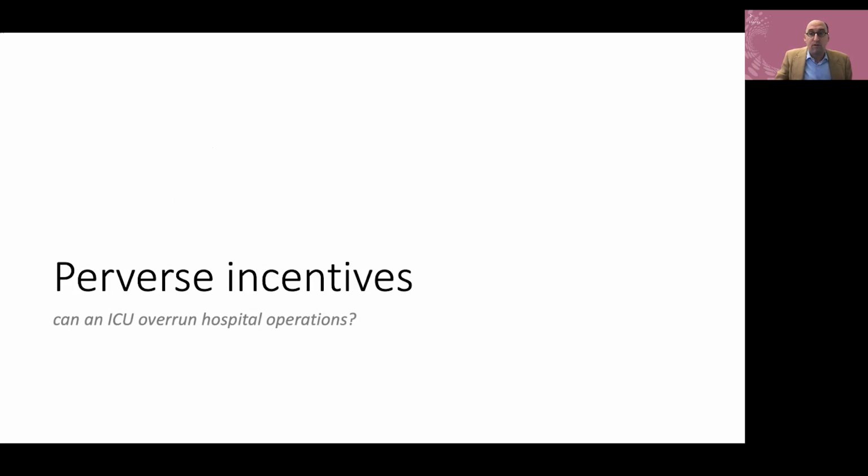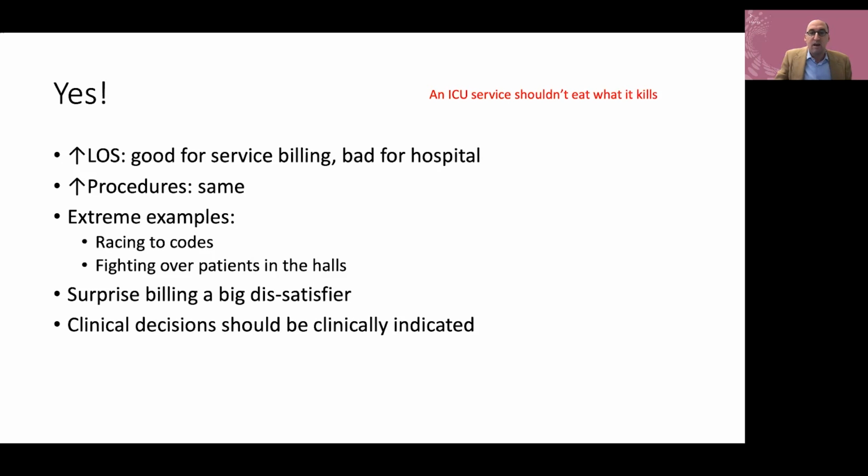Now we'll move to perverse incentives, because I think this is where the rubber hits the road when you start thinking about reimbursement models. At the end of the day, an ICU service shouldn't eat what it kills. I said I would talk about that. Here are some examples. The first is length of stay in the ICU works very well for service billing. If I can drop additional critical care charges, that's good for the bottom line of the service. But from the hospital standpoint, that reduces their efficiencies, their capacity, and their throughput, and they actually take a disproportionate